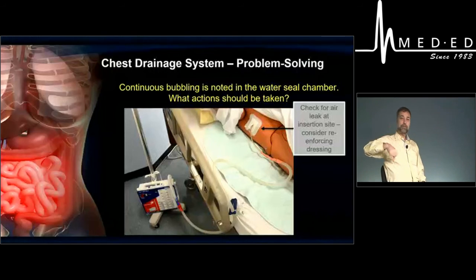Now when I go to push the chest tube in, the chest tube will be smaller than the hole. It has to be to fit, right? So if I don't push the chest tube up far enough to make sure that the holes or fenestrations are way up in the pleural space, if the fenestrations are close to my finger hole, then air can be sucked through the finger hole into the fenestrations and then come out as a continuous bubbling. So the first thing you should think about when there's continuous bubbling in the water seal chamber is that there's a leak at the insertion site from the hole being too big and the fenestrations being far too close to